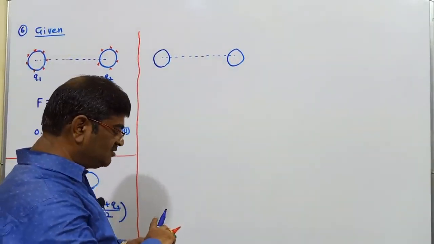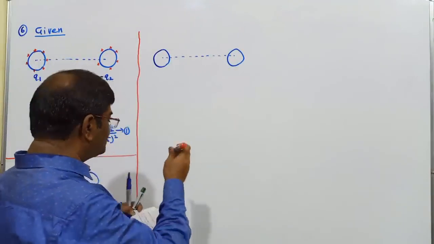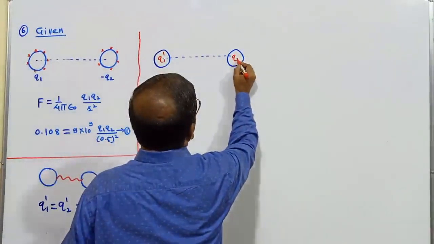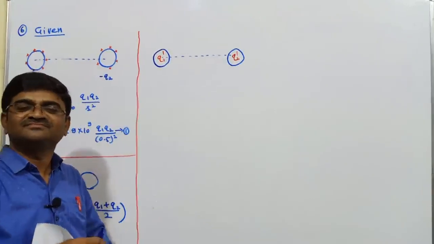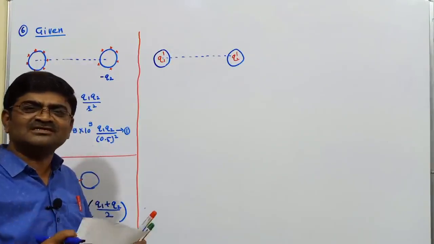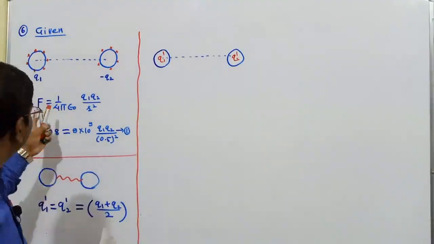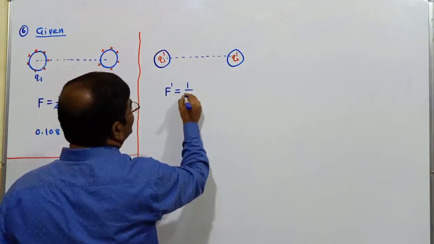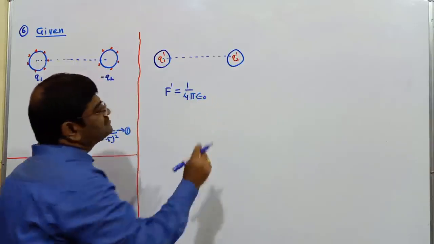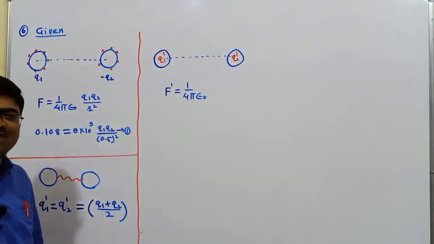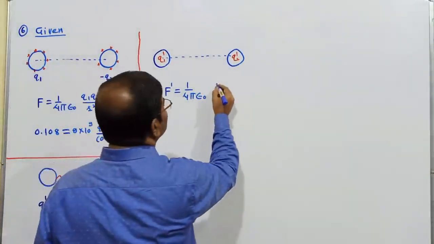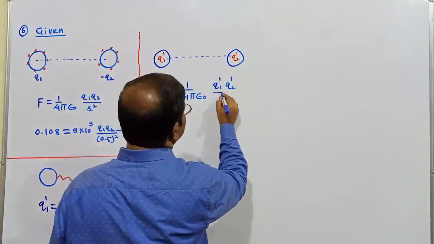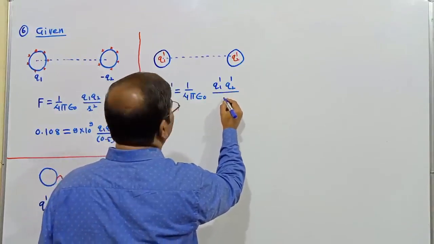Now I have a charge on both of them. Charge on the first one is Q1 dash. Charge on the second one is Q2 dash. I can work out the force between these two charges once again by using this relation. So the new force I have got, like F dash, I say. How much is that? Same as before, 1 upon 4 pi epsilon 0. Charges, no longer do I have q1 and q2, rather the charges are now q1 dash and q2 dash, whereas the distance is one and the same. How much is the distance? R square I can write.